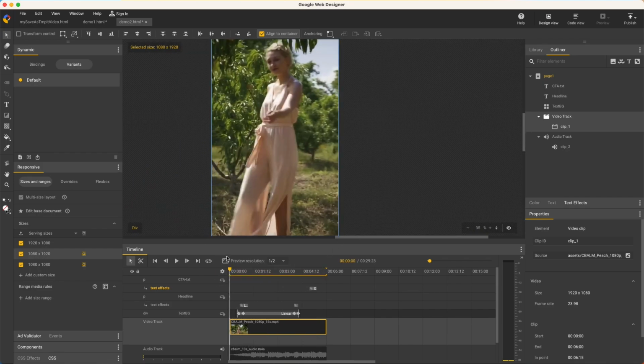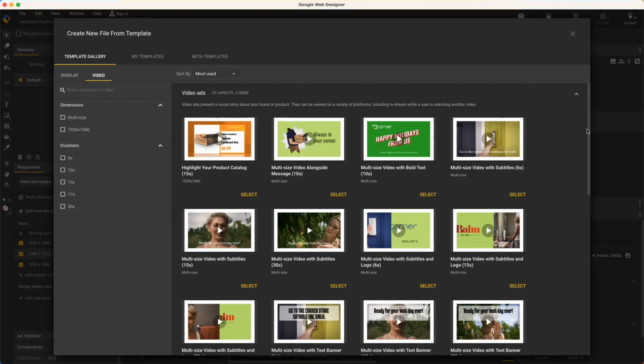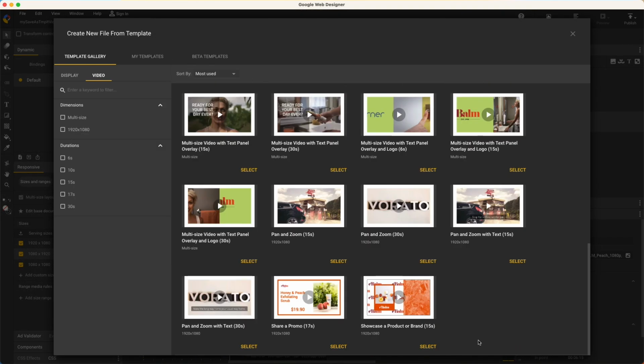Now the rest, adding my own text and audio, is the same as before, so I won't show it again. But I do want to show one more way to edit these with one last example using the Dynamic Variants panel to update a template.